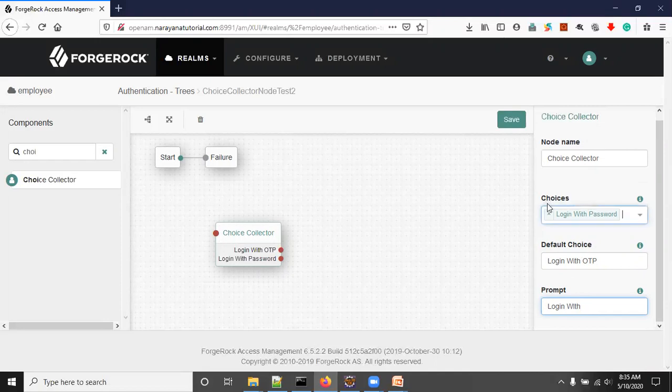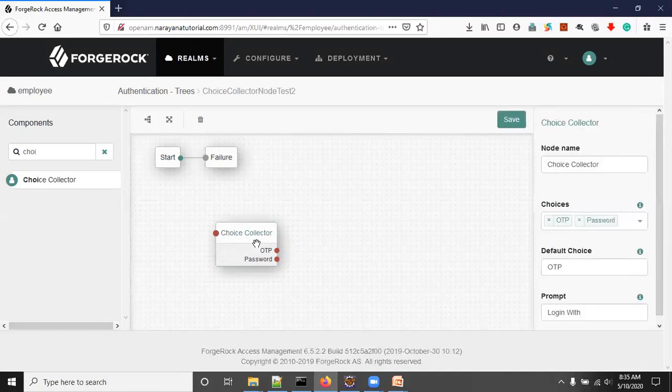Here I will change the names for understanding, simply OTP and password. So the default option is OTP and the prompt is Login with.